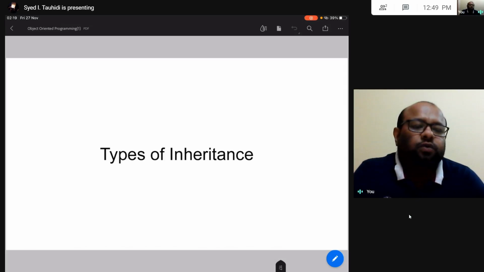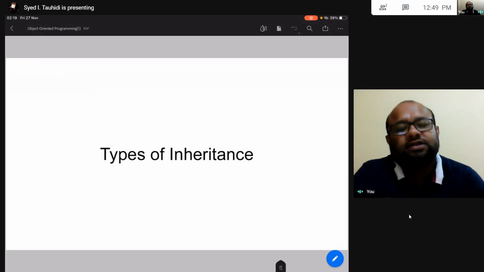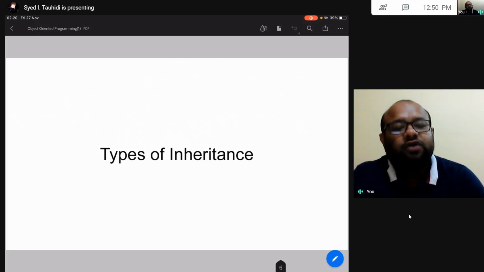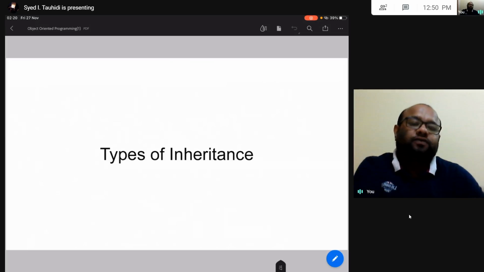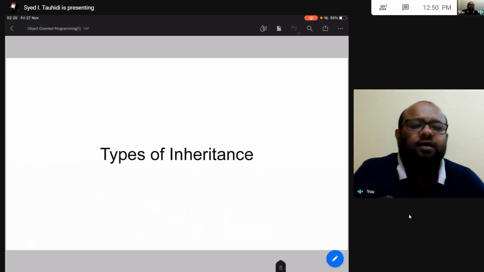In the last video, we saw what is encapsulation. Especially, we talked about this protected access specifier, and then we talked about the different modes of inheritance. Right? More specifically, we talked about inheritance access control. Right? In this video, we are going to look at types of inheritance, and then I'm going to end this